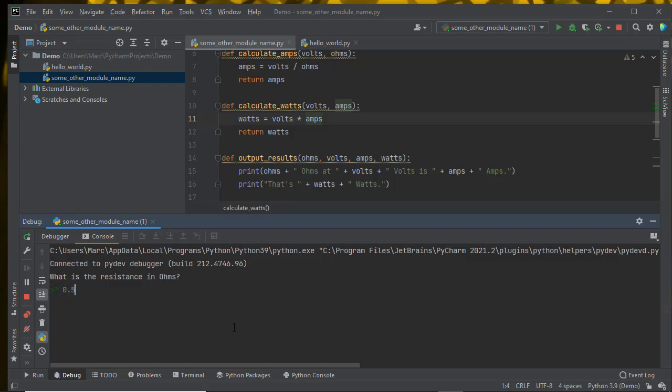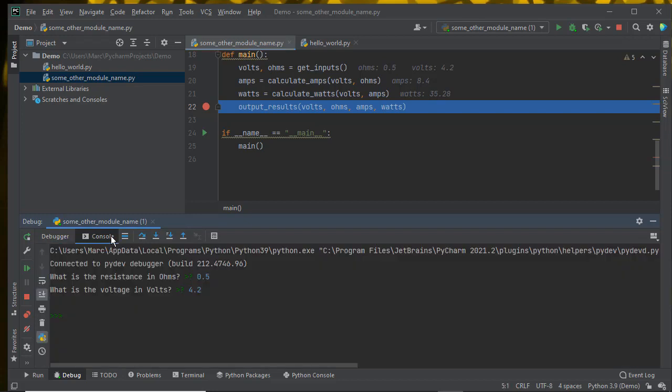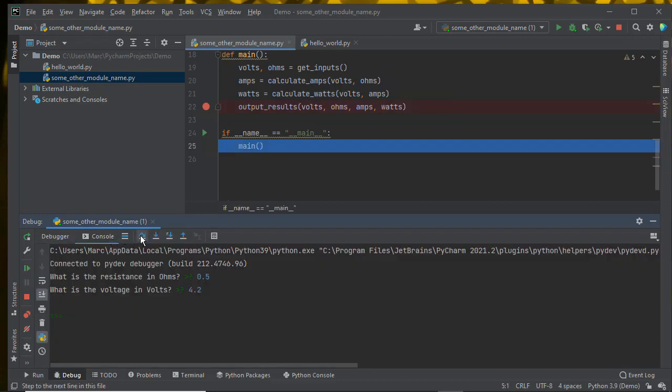0.5, 4.2. So now I'm up to output results. Amps is 8.4, which is correct. Ohms is 0.5, which is correct. Volts is 4.2, which is correct. And then watts is 35.28, which is about what I was expecting, somewhere between 30 and 40, and it ended up being 35. So now I can step over output results and see if I get the right output. So step over,